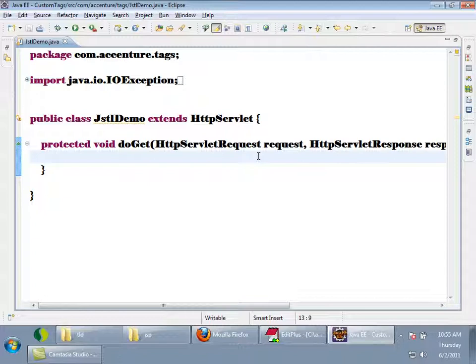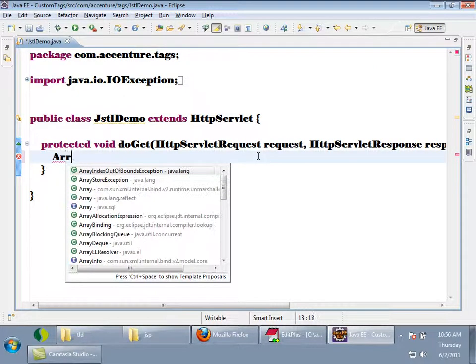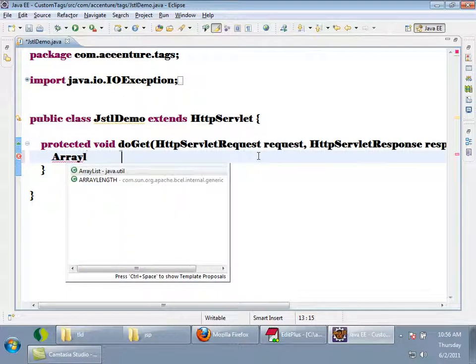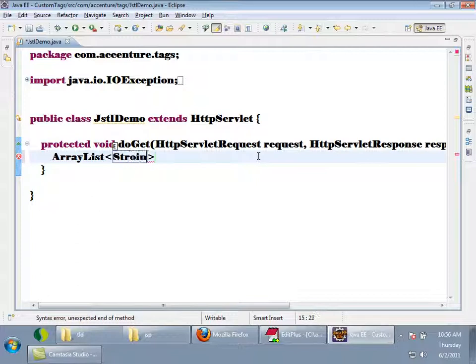Okay, now, first I'll create a list. List of String names is equal to new ArrayList of String.